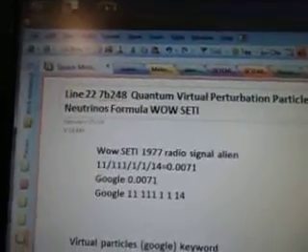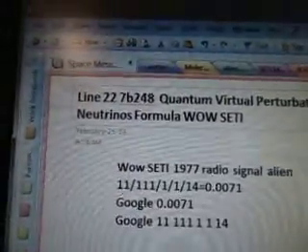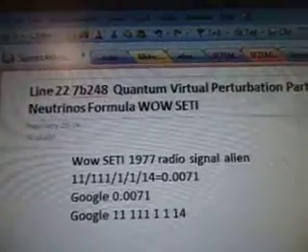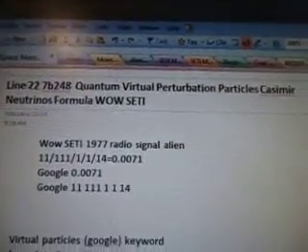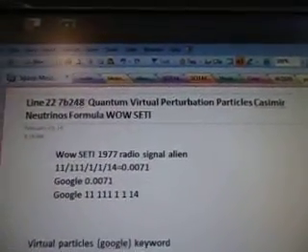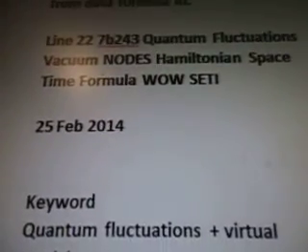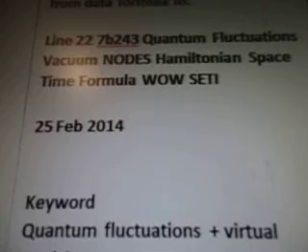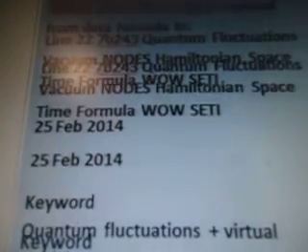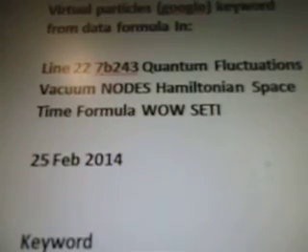Said, after the research comes a formula, so we got a formula in this one for you guys. Line 22, 7b248. Quantum virtual perturbation particles, Casimir, neutrinos formula, Wow Seti. There's the alien radio signal. And I'm going to start moving this down here just a tad. There you go. Okay, so the physics,